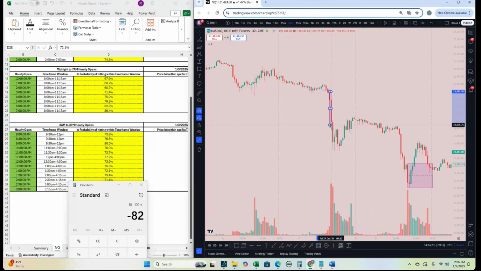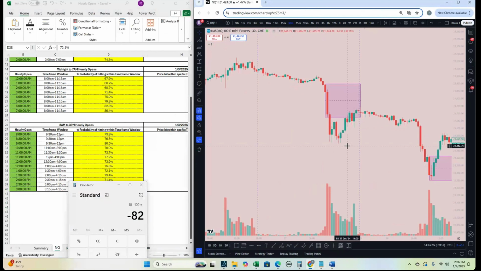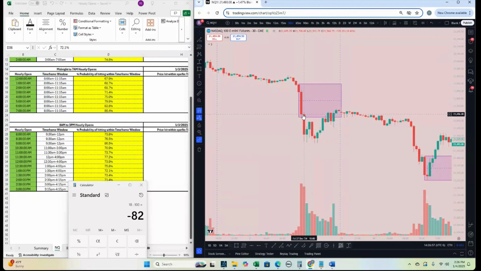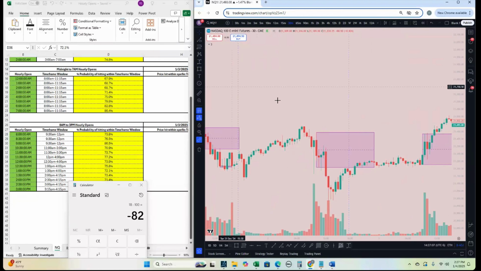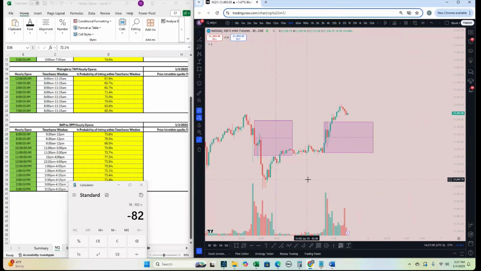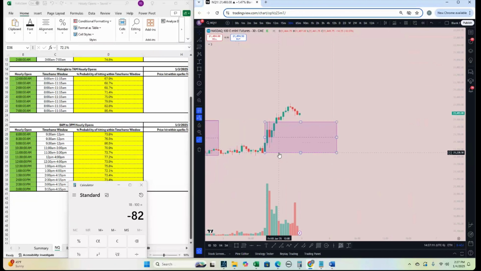Like everybody has their different ways of trading. Like I said, I'm a statistical trader, so I backtest and I look at how often certain things happen, because the market does the same thing. When you really realize the market does the same thing, you can start building your trading model with that. So, for instance, on a Friday,